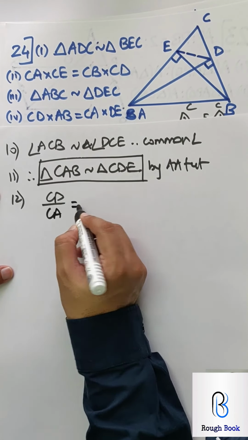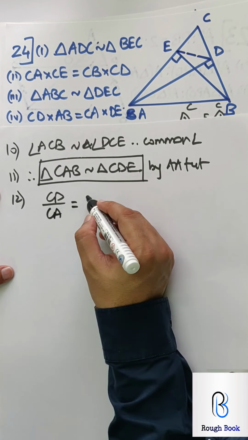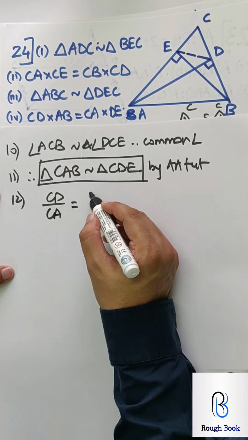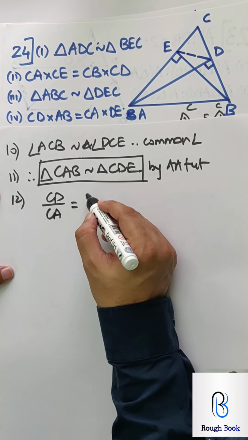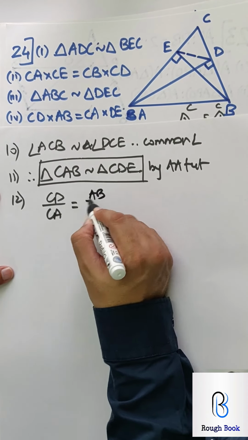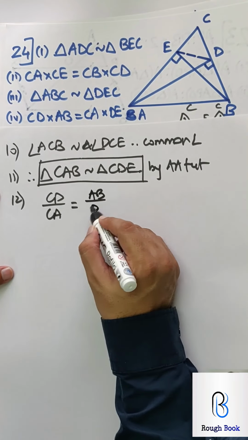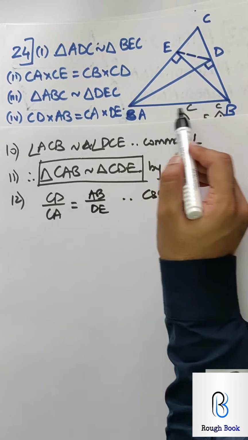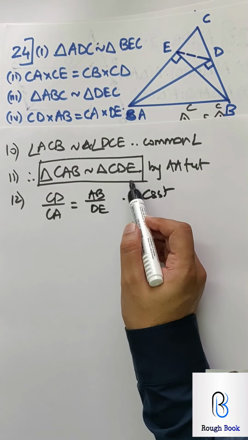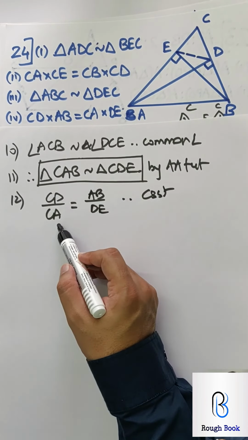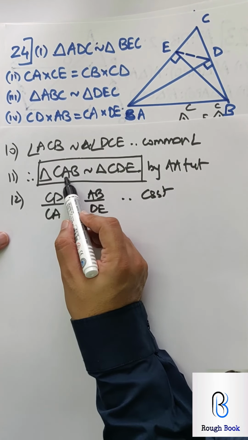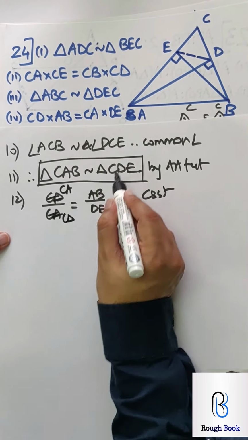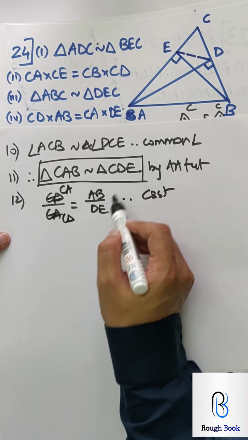Now CD is first and second. So first and second CA. AB I need. So if I write AB over here, CD into AB they want. Okay, wait, let me write. So AB upon DE, CSST. Is this correct? CAB, CDE. So CA upon CD. See, here I messed up. CA upon CD. CA is from this triangle, CD is from that triangle, and then AB upon DE.